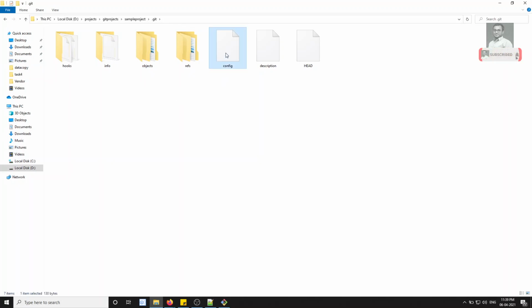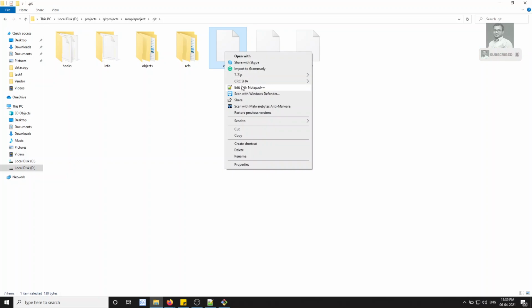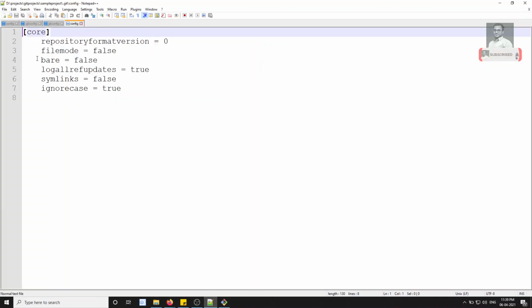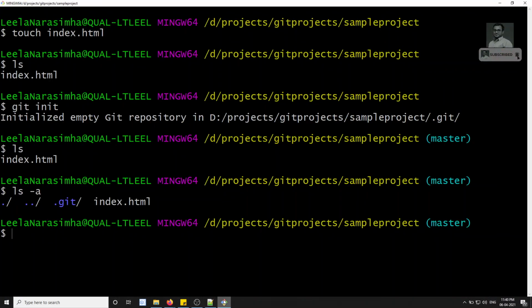Now you will be able to see one file, that is the config. This is the configuration file which is available at the project level. If you try to open this in Notepad++, nothing is there, no username or email. Now if I want to make any changes in this sample project, with which name could it be committed? In the project level we don't have any username or user email. So what is the next priority it will take? It will take the user level.